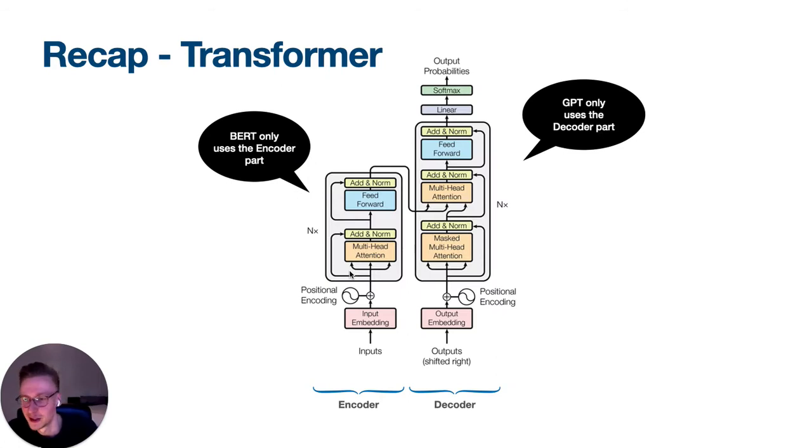But let's get really into it. How does the GPT-3 model architecture look like? If you already read the BERT paper or read about it for a while and you're familiar with the transformer, this isn't too difficult to understand. Basically, the BERT paper only uses the encoder part of the transformer architecture, this one, and GPT-1, 2, and 3 use the decoder part, a modified decoder part that we will talk about in a sec, of the transformer.